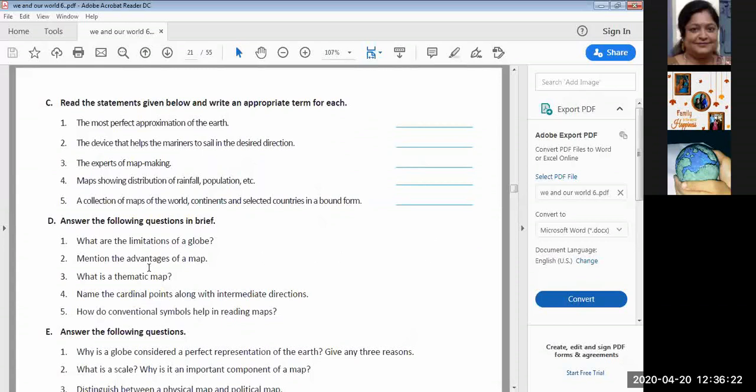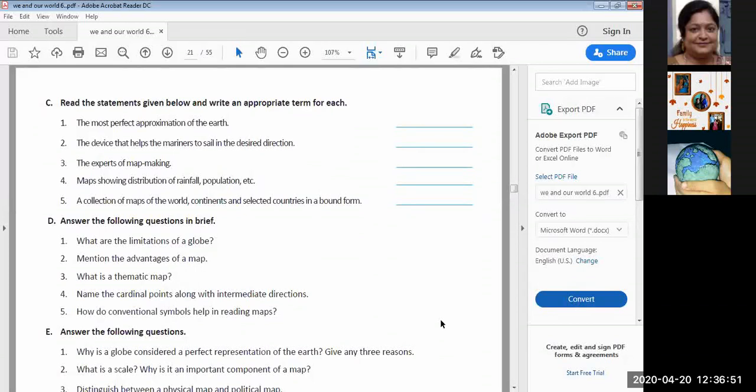And it can show a small area or a large area according to the need. Every detail of the rainfall or the population or the crops or the physical features. What is a thematic map? Yeah, very good, Mansvi, Sahash also shown very good. A thematic map emphasizes a particular theme or special topic like the population, the rainfall, the agriculture, etc.